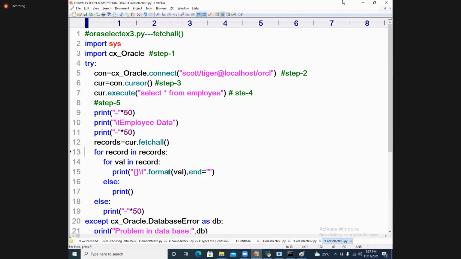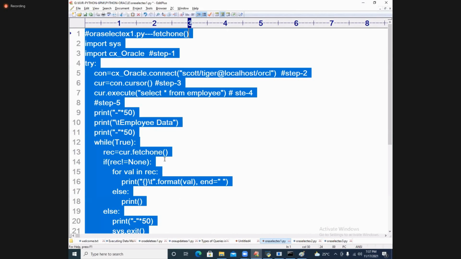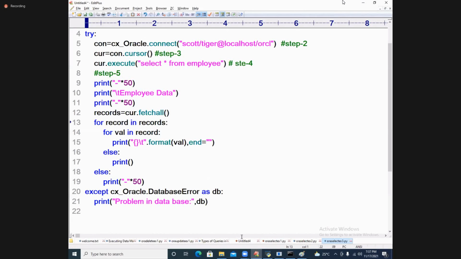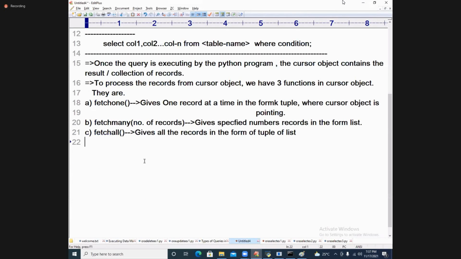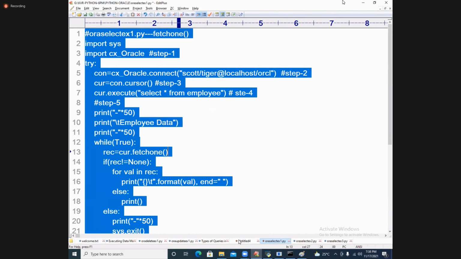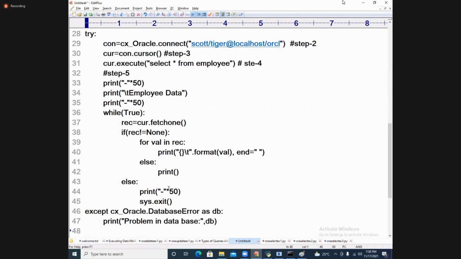Right. This is about fetch all. This is called fetch all. So these kinds of things are available here. Example number 1, program for and etc. You can say example 1. This is example 1 here. Example 1 is this part. Of course, I need not copy, but for your clarity and notes purpose, I'm just doing this.